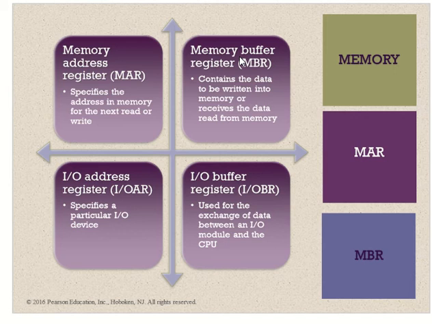So the memory address register, in short MAR, specifies the address in memory for the next read or for the next write. Where I am going to read the data from, or where I am going to write the data, for the next read or write operation. And the memory buffer register, MBR, contains the data. So this buffer register contains the data which is to be written onto the memory. Okay, so that's the idea.